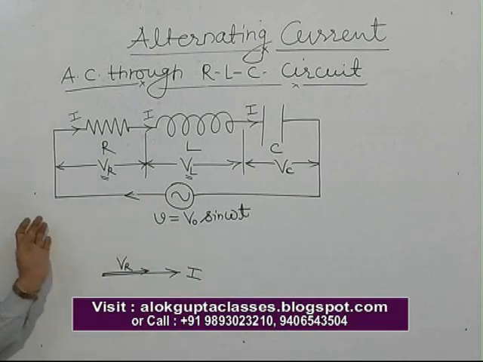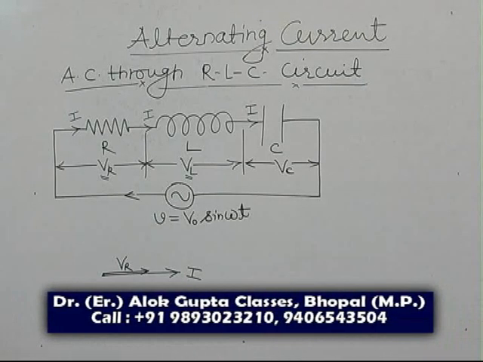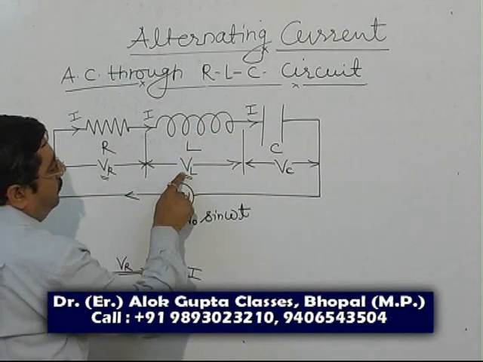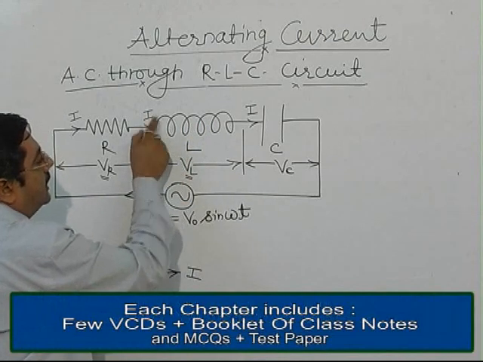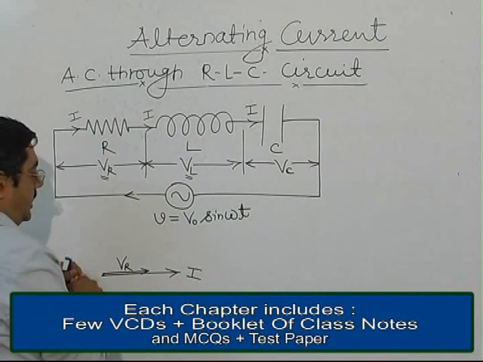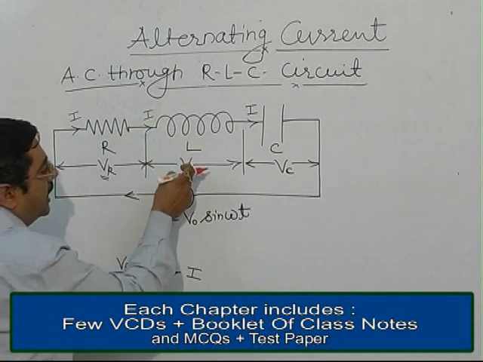The direction of potential drop across resistance is the same, VR, and the current is the same. When this current is passed through the inductor, VL and I, current lags behind the voltage by an angle of 90 degree, or you can say voltage leads ahead of the current